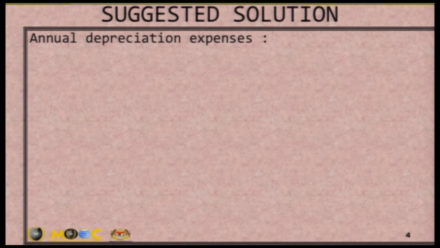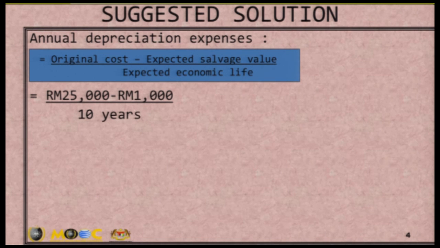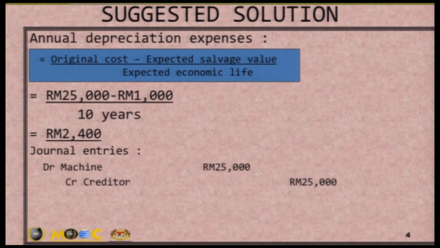Annual depreciation expense of the machine is calculated using the following formula: original cost minus the expected salvage value and divide by the expected economic life or useful life of the machine. So 25,000 ringgit minus 1,000 ringgit, and we divide by 10 years and we will get 2,400 depreciation charge per year. Then for the journal entries, we're going to debit machine 25,000 ringgit, credit creditor for 25,000, and